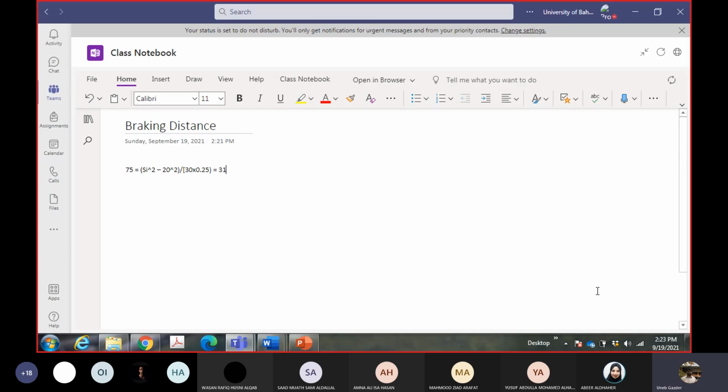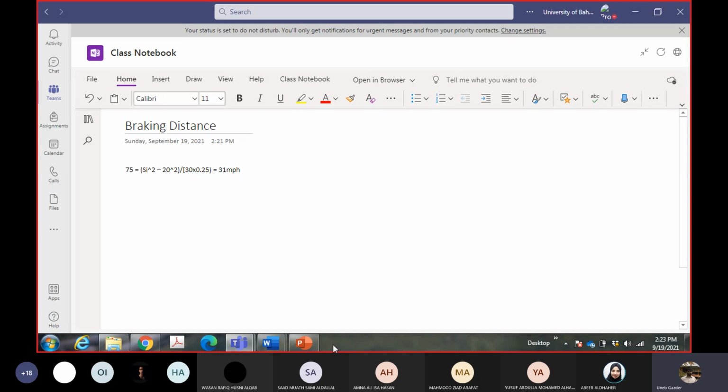31 miles per hour. Okay, fine. So this is the speed at the start of the shoulder, which is the speed at the end of the pavement. The start of the shoulder means the end of the pavement, right? So now you can use this value as the final speed for the pavement.